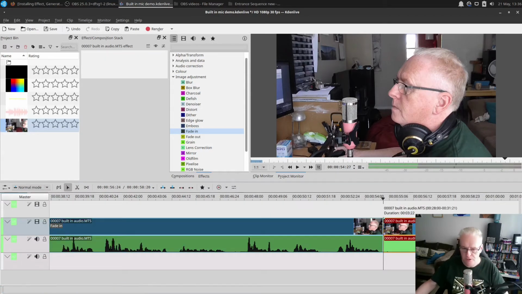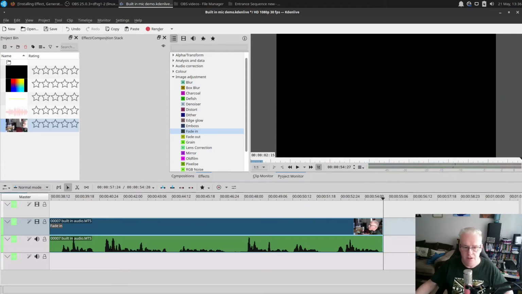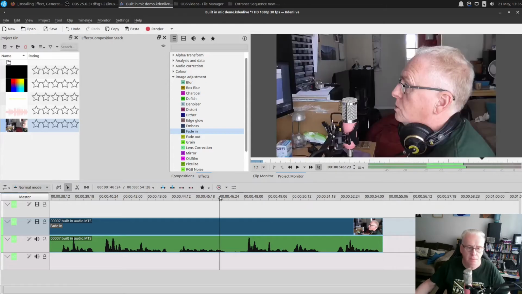Make sure before you delete it that you have the right section highlighted. And I'm going to right click so you can see what I'm doing. You can hit the delete key. And again, if there were any horrible gaps in here,